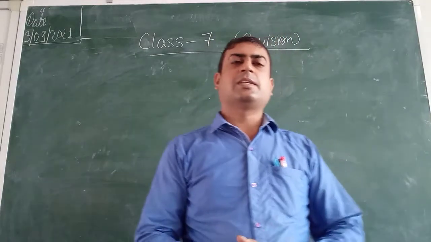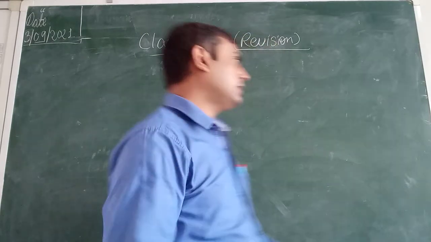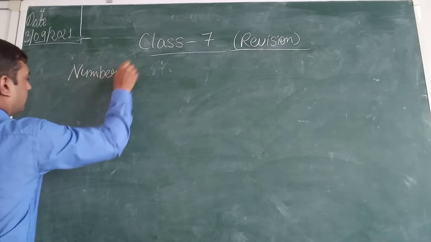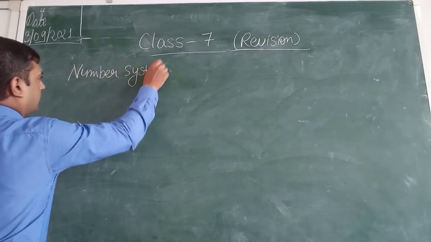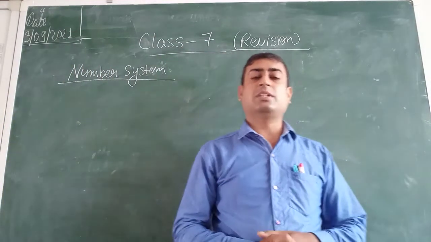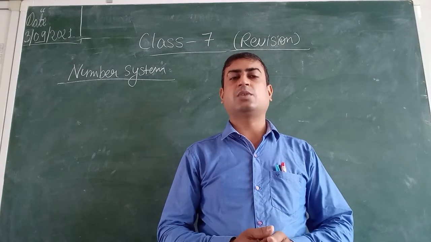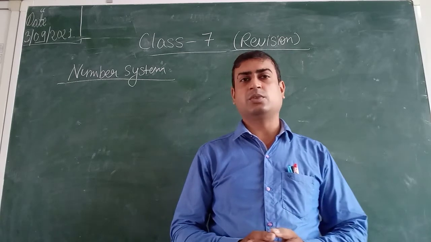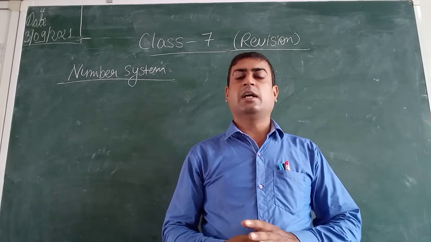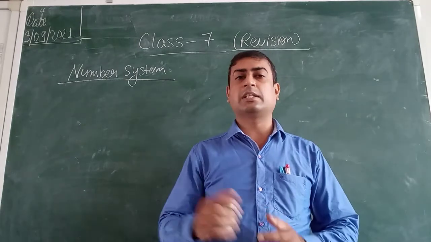Good morning, dear students. Today in class 7 I am going to revise lesson number 1, the number system. In the number system we will deal with 4 different types of numbers and how they can be added, subtracted, and converted. We will study this today. Basically this is a revision class. I will revise all the lessons accordingly because in these 2 days it is not possible to proceed with the lessons.